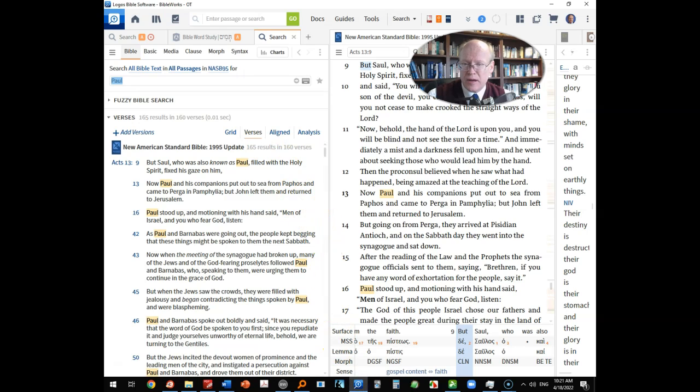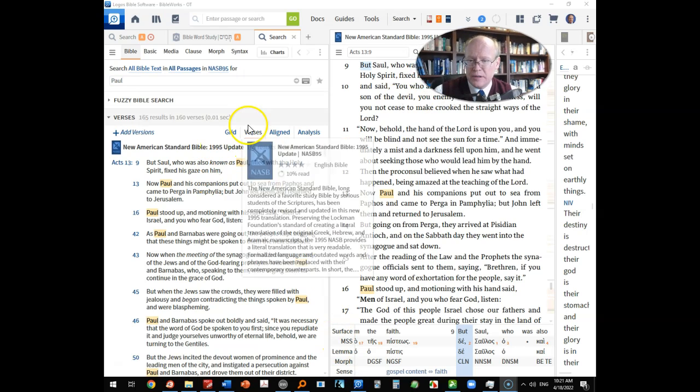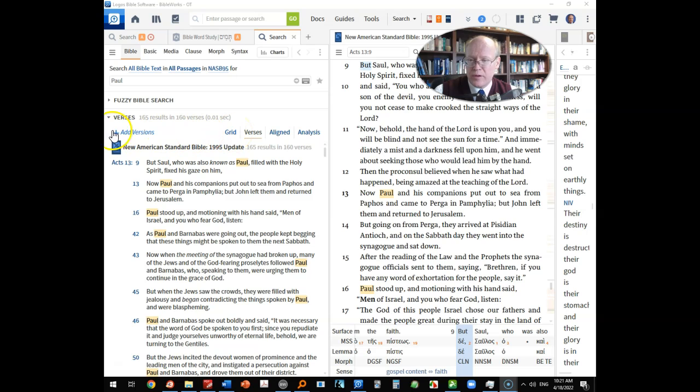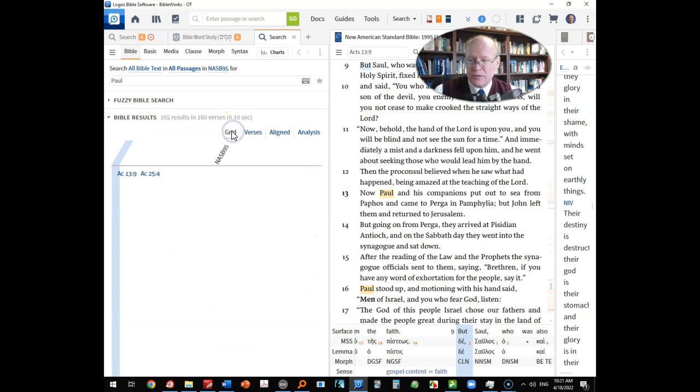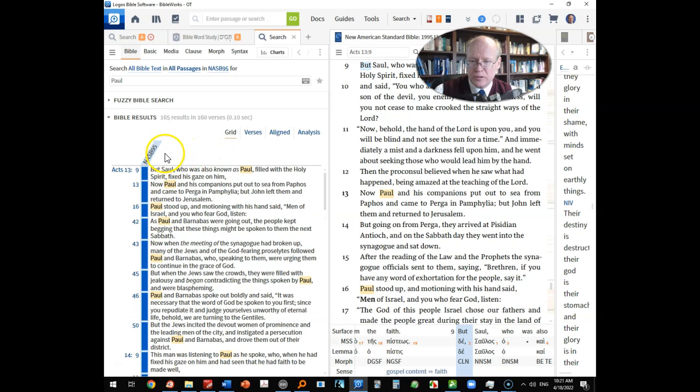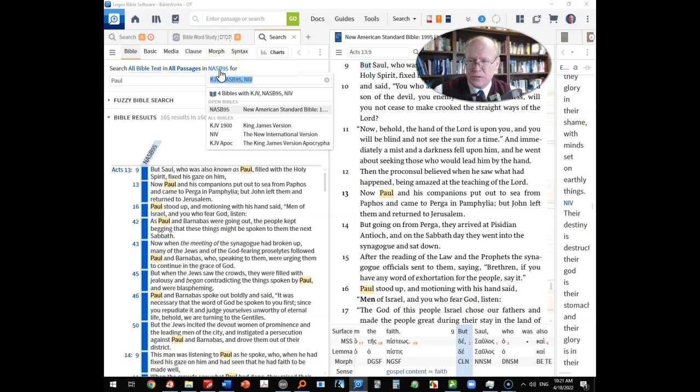Well, Logos has an option called the grid view. So if you've done your search, you can click on grid, and it will list all the verses here, indicating the NASB with the color blue that it's in the verse. By changing the search version to, and typing as I have here, King James, NASB, NIV, it searches my library, finds all the resources that have those abbreviations, and it tells me that I have 4 Bibles